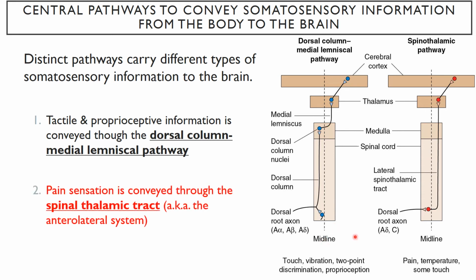Pain sensation is conveyed through the spinothalamic tract, also known as the anterolateral system. And there is decussation that happens at the dermatome that that part of the spinal cord is innervating. So you'll have the afferent of this pain neuron synapsing onto a neuron in the dorsal horn, and that's the only place where it synapses. Then you have a separate neuron that decussates and carries information on the contralateral side through the spinothalamic tract,